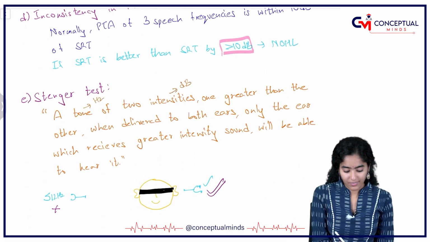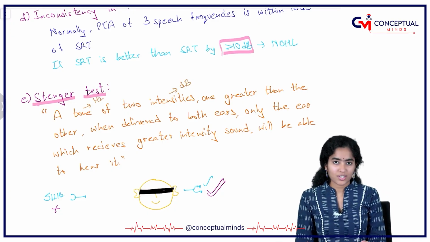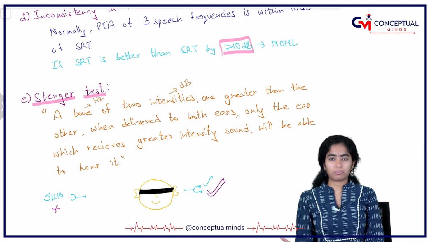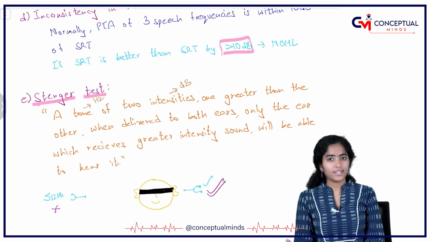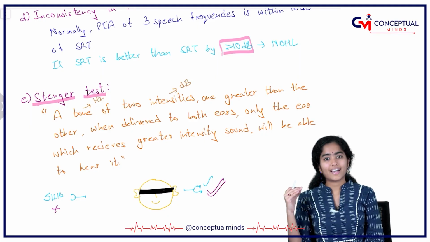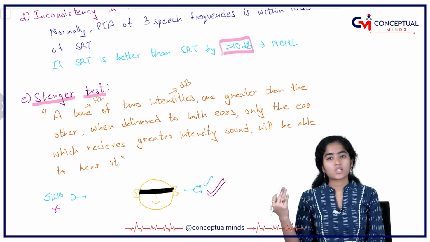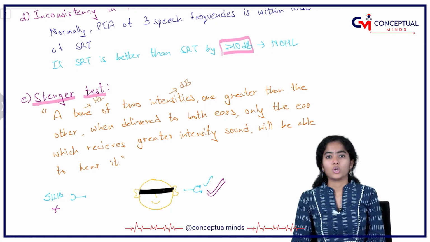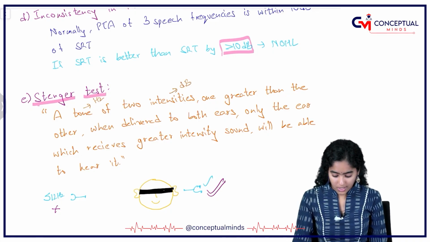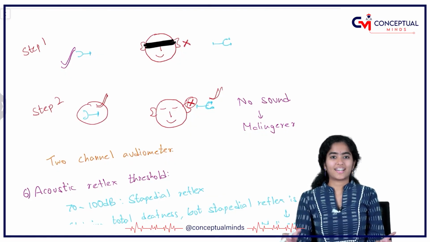Next we have a classic, very important test called Stenger's test. To understand the entire Stenger's test, we must understand one single principle: when same frequency sound of two different intensities is applied simultaneously to both the ears, only the side where the intensity is greater, only the louder side, is perceived by the ear, and on the opposite side nothing is heard. This is normal. So how we use this in a malingerer is, first we put two tuning forks at equal